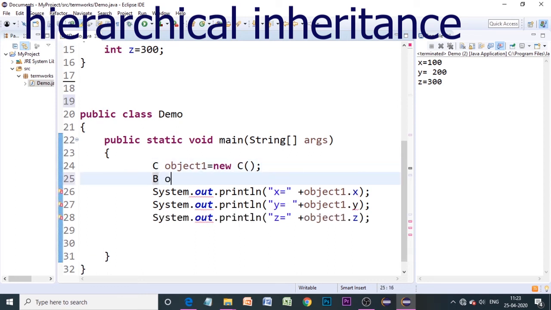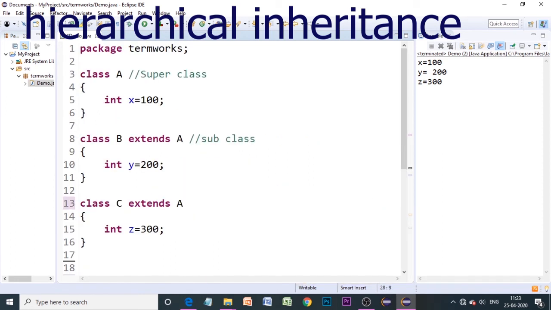B object 1, object 2 equals new B, and then class B, here we have to use object 2, and then look at this, we have the value of x in A, y is 200 that is in B, and z is 300 that is in C.